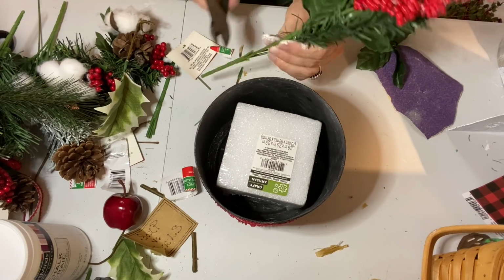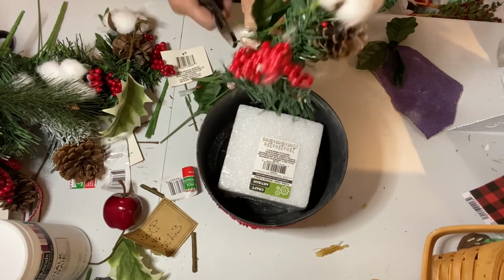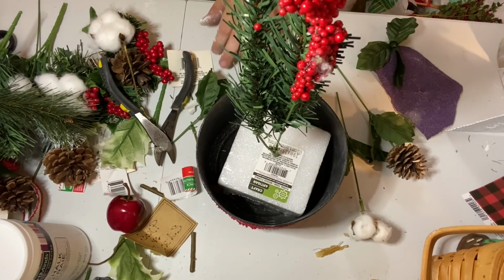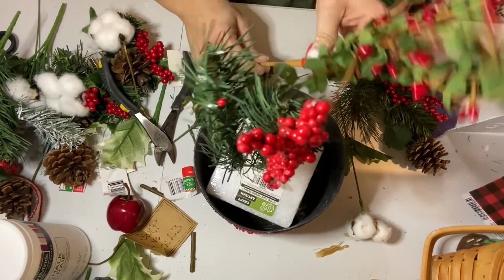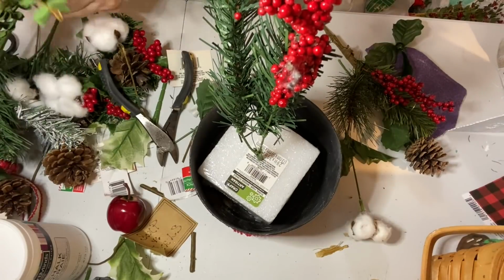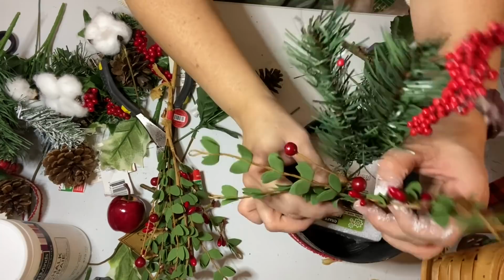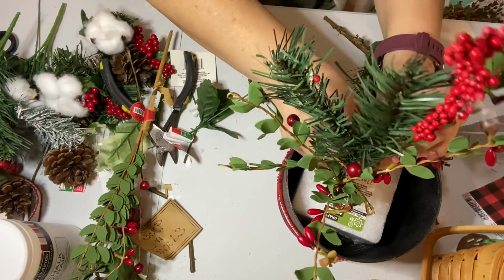And then I just started clipping off pieces of these picks that I bought this year. You probably saw them in one of my Dollar Tree hauls. They come with cotton and pine cones. But in my opinion, the best way to work with Dollar Tree picks is to not use them the way that they assemble them. You have to cut the little pieces off or it just looks a lot cheaper. You can make it look a lot more high end if you use your wire clippers and